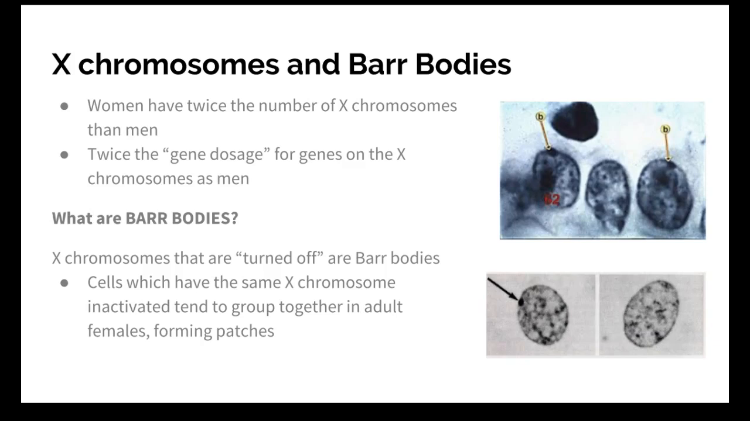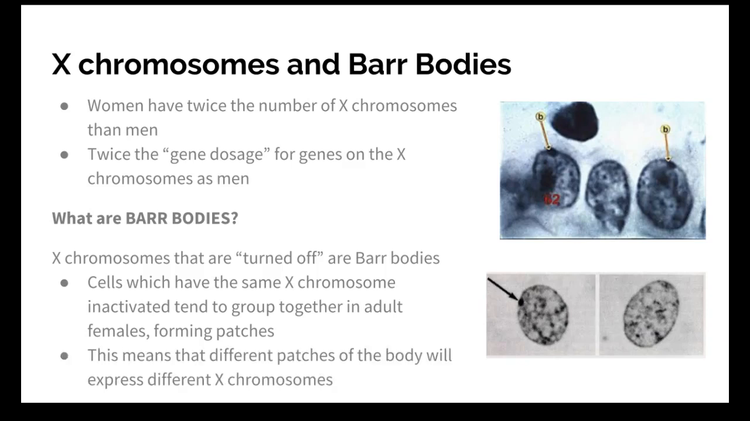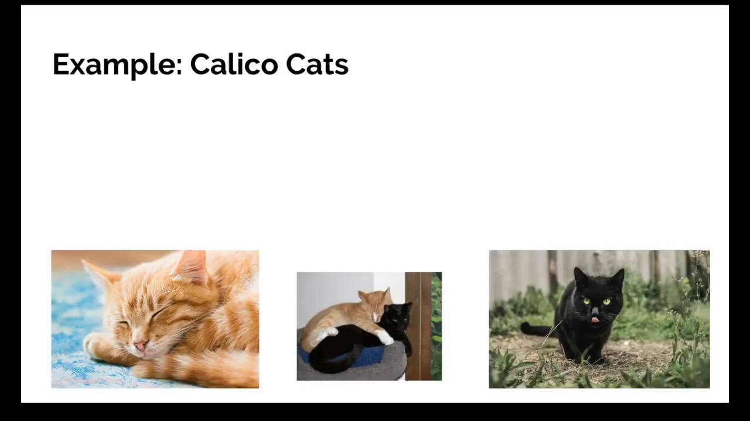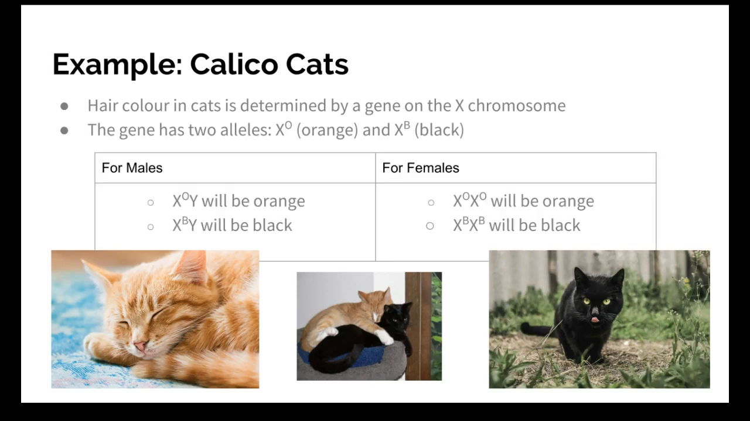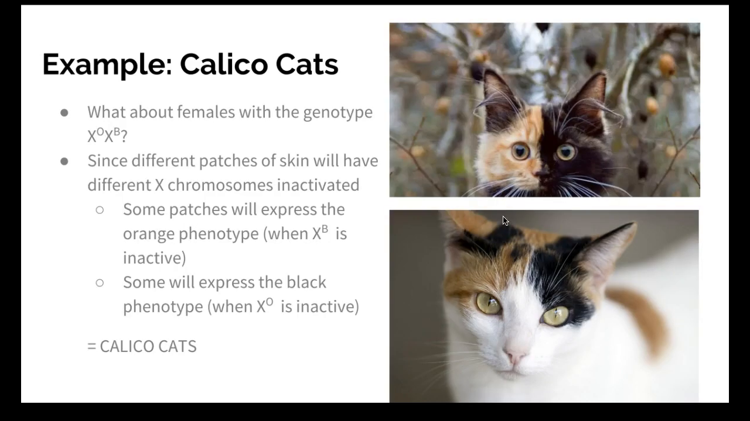Sometimes this forms patches, if I'm looking at organisms with different types of fur. That means that different patches of the body will express different X chromosomes. This gives us the example of calico cats. Normally we have hair color being determined on the X chromosome, and normally you just have orange cats and black cats. For males to be orange, you have X and an O, and an XB to be black, but females can have 2 O's or 2 B's to be orange or black,